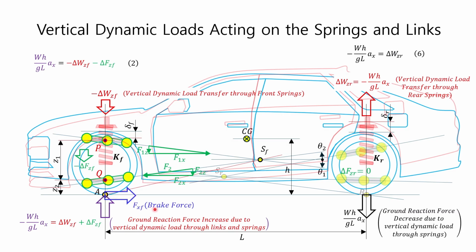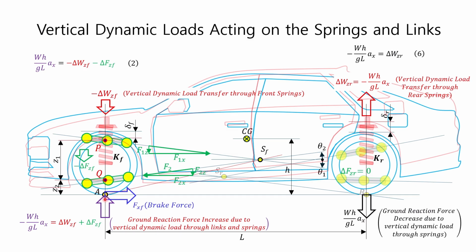When vertical dynamic loads are generated by vehicle braking, the vertical load on the front wheels increases by the vertical dynamic load, and the vertical load acting on the rear wheels decreases by the same amount. These vertical dynamic loads represent the load transfer amount from the rear to the front. It is important to note here that, in a front suspension with a brake wheel, vertical dynamic load transfer occurs